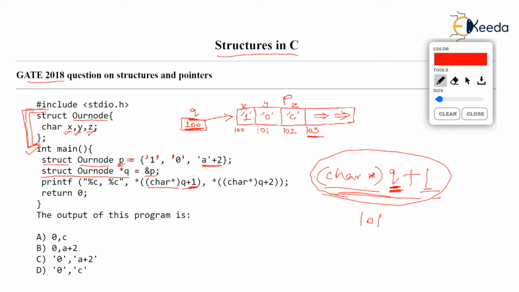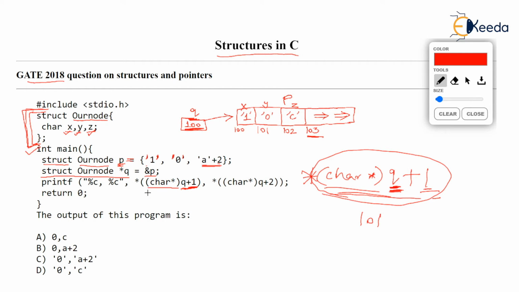The whole idea, or the whole tricky part of the question, was that q was cast as a char pointer. So after casting q to char pointer form, if you add 1 to it, you will only get the next address, which is 101, and there is an asterisk written before this. You observe, before this notation there is an asterisk, and the asterisk means value at that address, and the value at that address, check the mouse place, is 0. So the first %c is going to print 0 as the output.